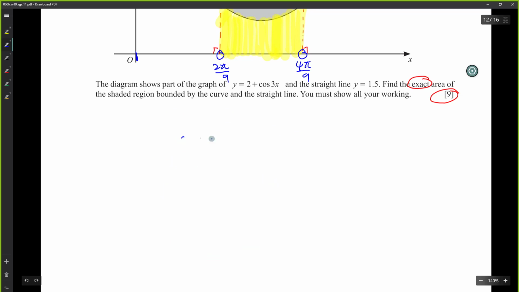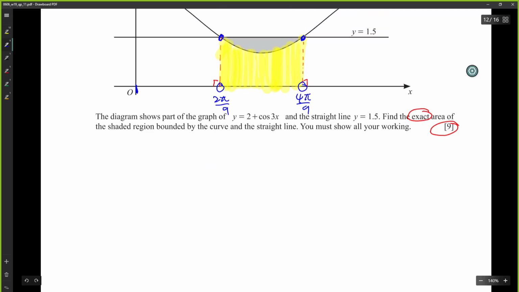So right now I want to find the area of the shaded region. I will do the rectangle first. So the rectangle is length times width, right? So it's 1.5 multiplied by this one, I will just do 4 pi over 9 minus 2 pi